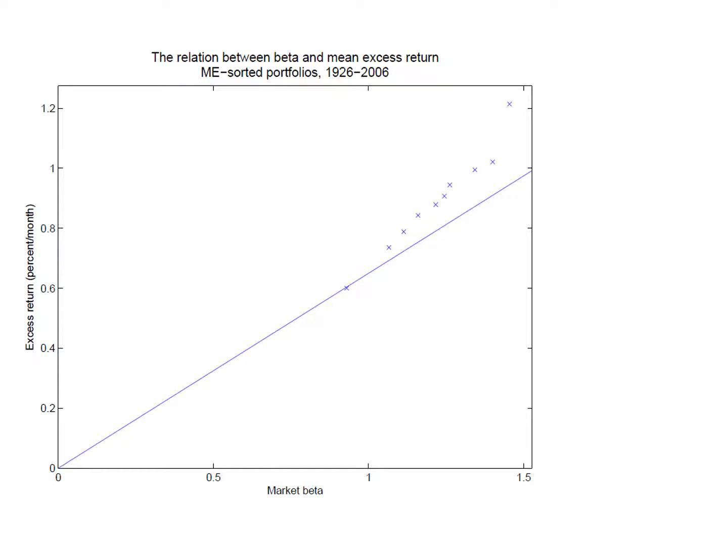So focus on this part. Companies with high beta. What companies do you think have high beta? So remember, beta is just basically the correlation of your stock return with the market stock return, right? So high beta means your stock has high correlation with the market. So what type of stocks do you think? Tech companies, well,